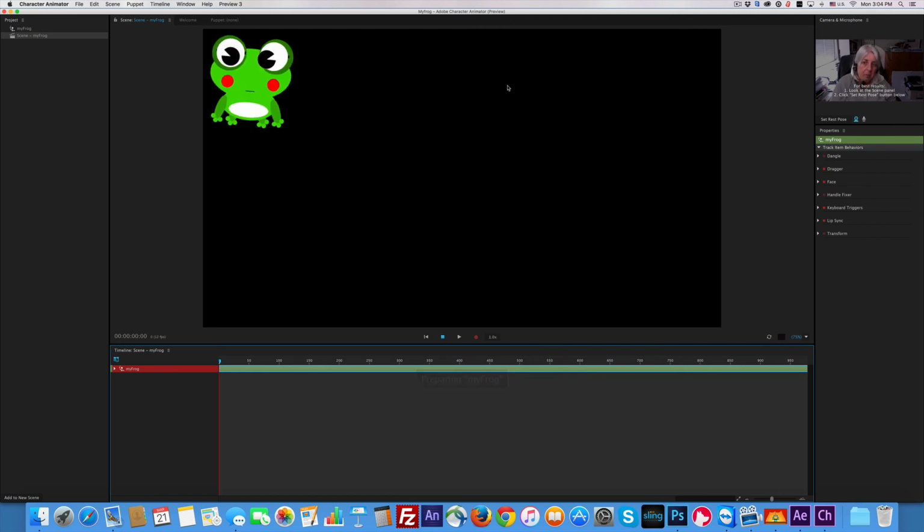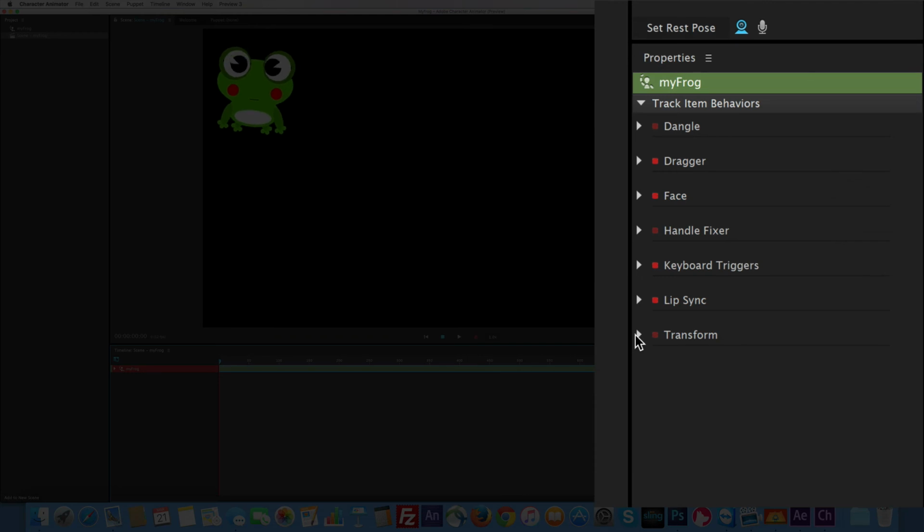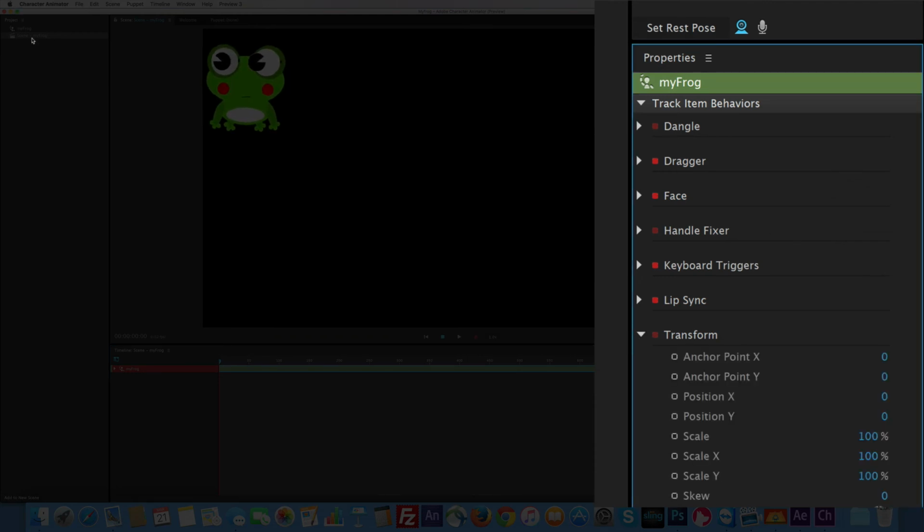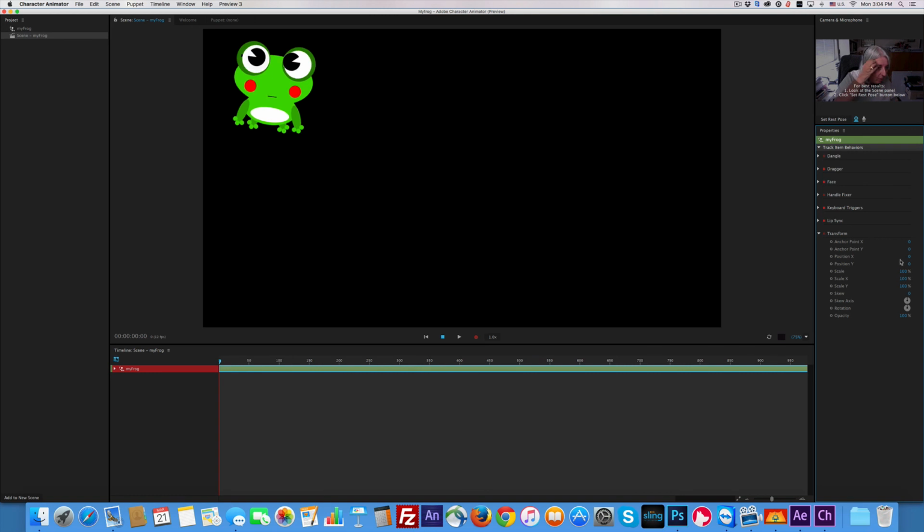Now notice we're preparing my frog. Yep, no more line. That's good. But we still got floaty frog. So let's move floaty frog down on the page. So let's go to Transform. And we're going to move the Y position. Here's the Y position. We don't want to go up, we want to go down. Let's set it at about